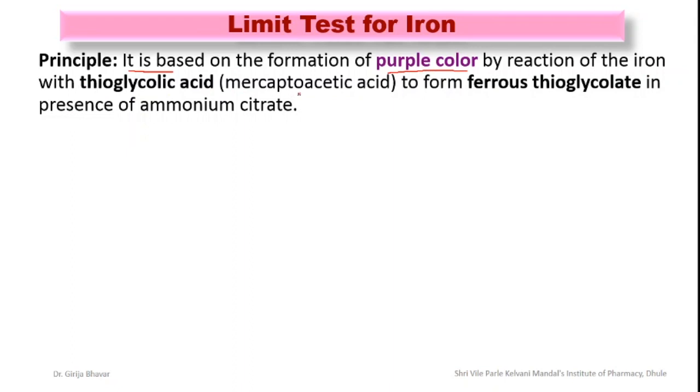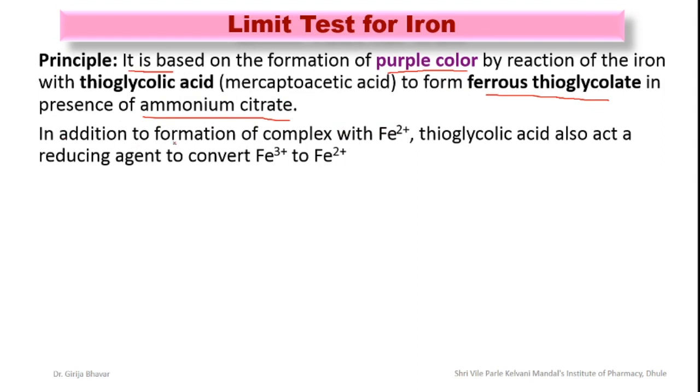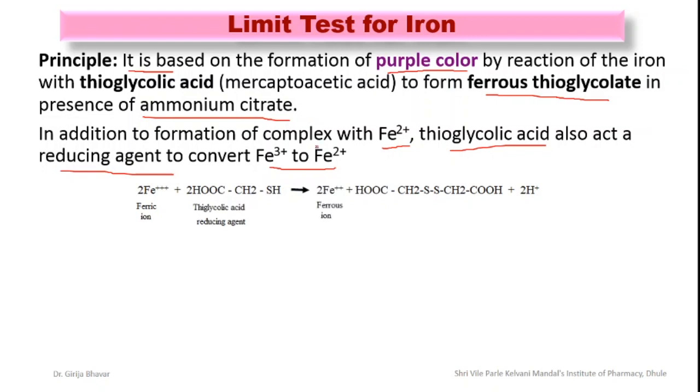thioglycolic acid, that is mercaptoacetic acid, to form the ferrous thioglycolate complex in presence of ammonium citrate. In addition to forming a complex with ferrous ion, thioglycolic acid also acts as the reducing agent to convert ferric ions to ferrous ions. So if iron is present in the form of ferric ions, it is converted to ferrous ions. So thioglycolic acid, which is used as the reagent, reduces ferric ions to ferrous ions, and this